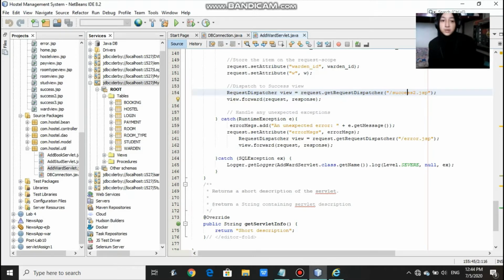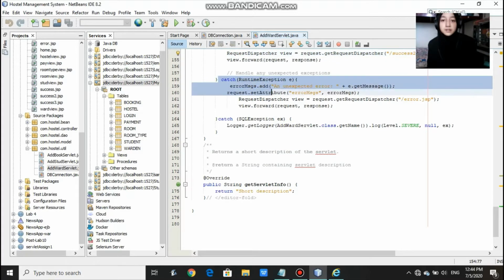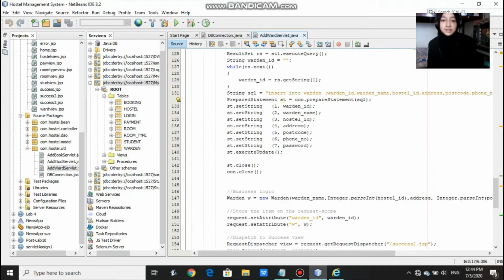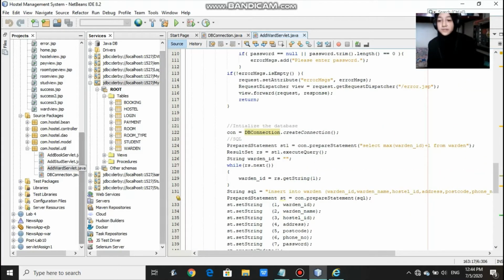I get the request at success 2 because success 2 I create for only forwarding. And this part is to handle any unexpected exception or any unexpected error. Okay, that's all for add ward servlet. It's also the same for add student servlet and book servlet, only you have to change the variable name and type. Okay, we proceed to